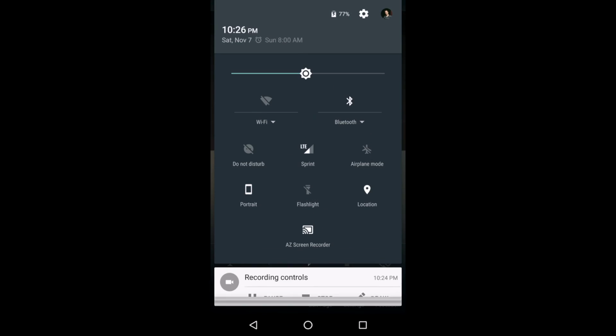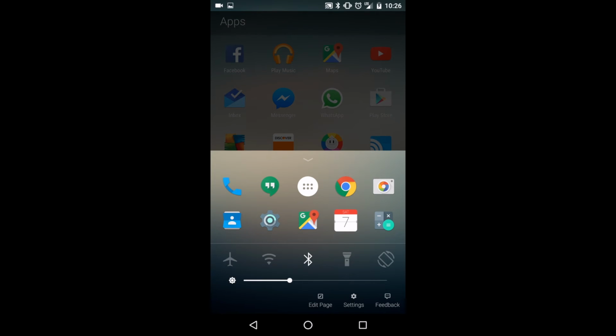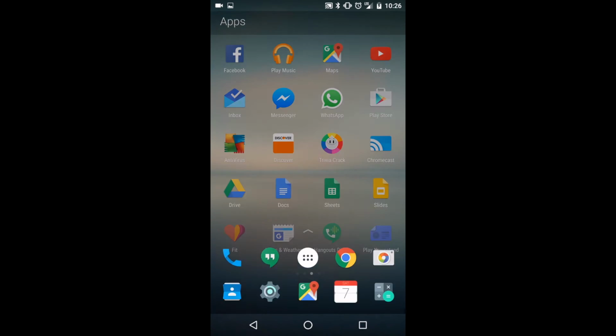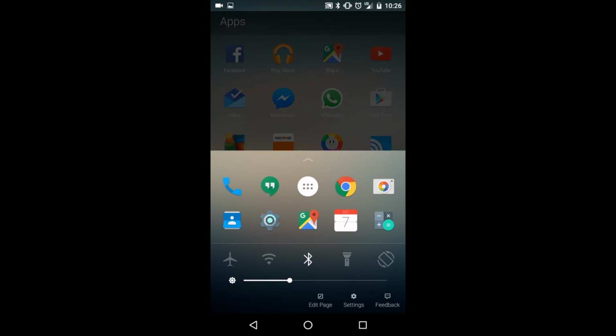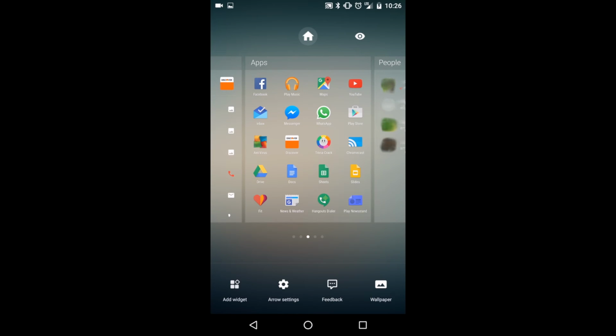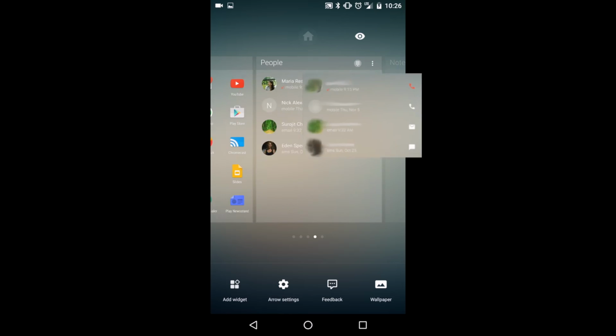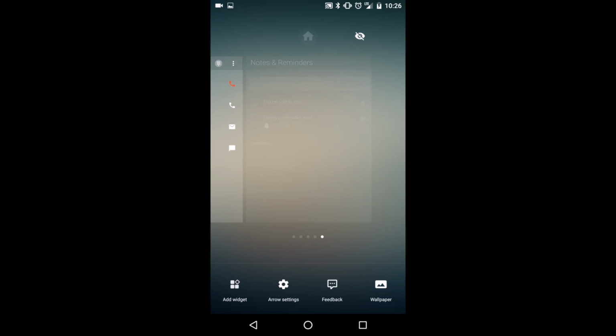Of course, these settings can also be accessed by swiping down from the top as in any other Android launcher. However, some users might prefer to swipe up from the bottom. The Recents and People pages are certainly interesting additions to the launcher, and they give it an extra level of use. After swiping up, users can also choose to edit page, from which they can add 2 additional pages to